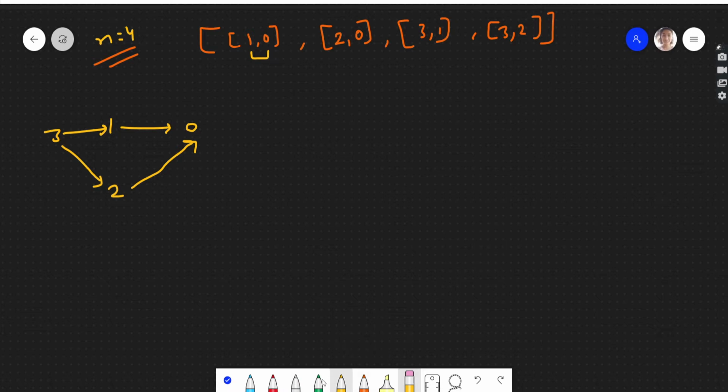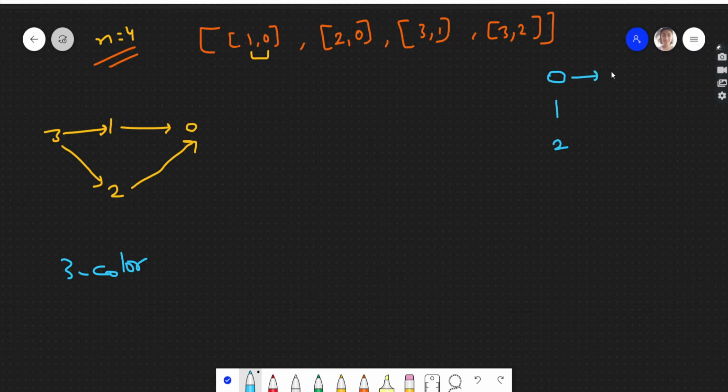So let's start the traversal. In order to detect a cycle in this graph, we will be using the three color approach. Let's discuss what that is. In the three color approach, we take three colors, and each color represents the status of a particular node.